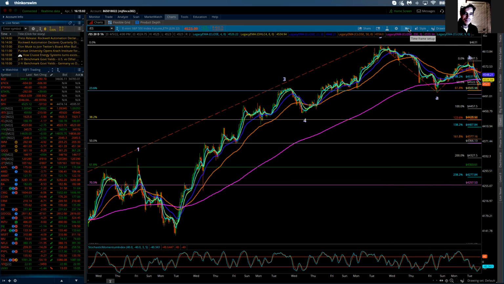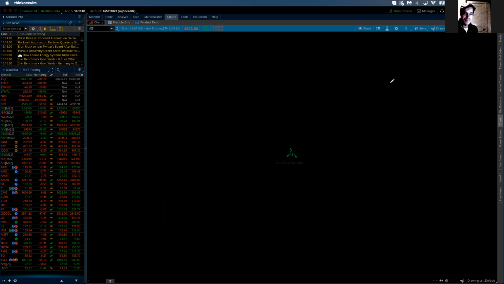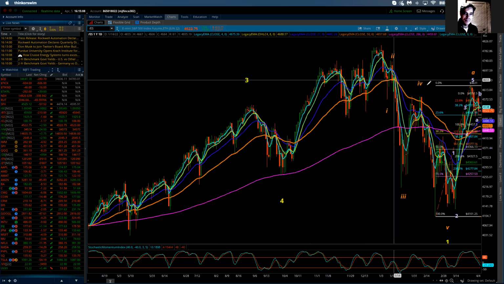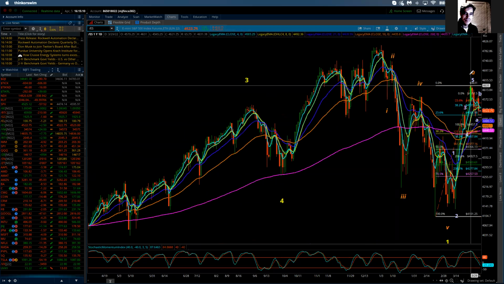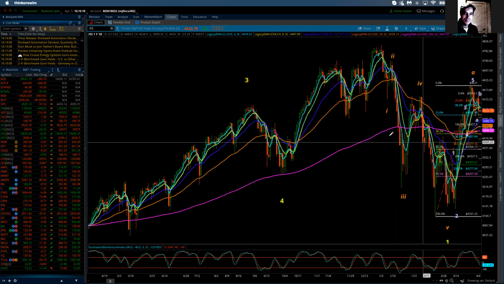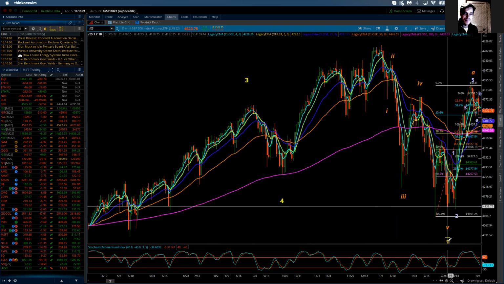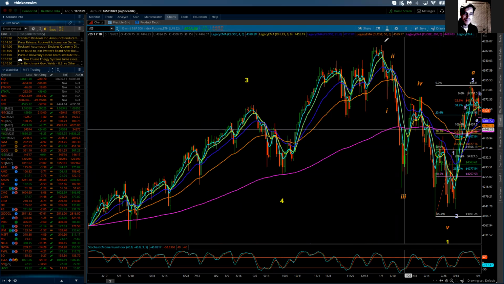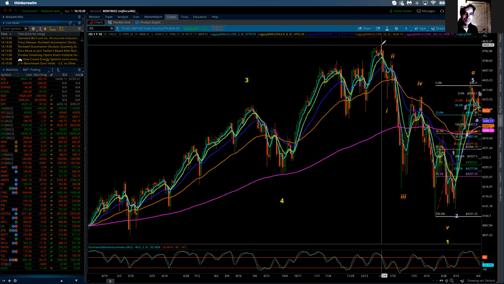Scenario 3 is basically going back out to that daily chart and would include that this remains the A wave, we get the B wave down. But what ends up happening is we shift this to an ABC, and this becomes intermediate wave A, and we're in an intermediate B wave, and that B wave then stands the possibility of becoming an irregular B wave and taking the market to a new high of 48.09. Should it become engaged, I will go over it in detail, but it's out there,